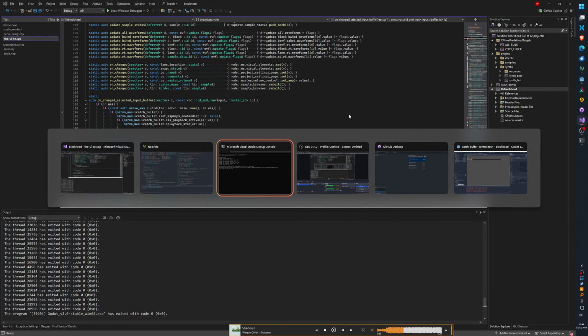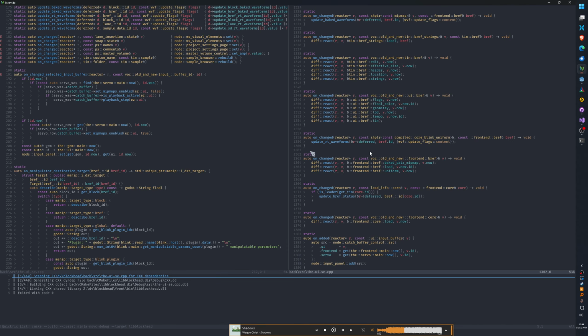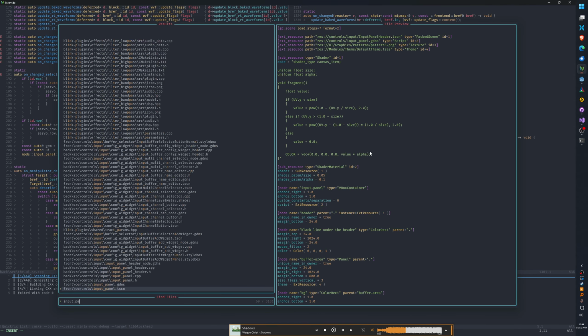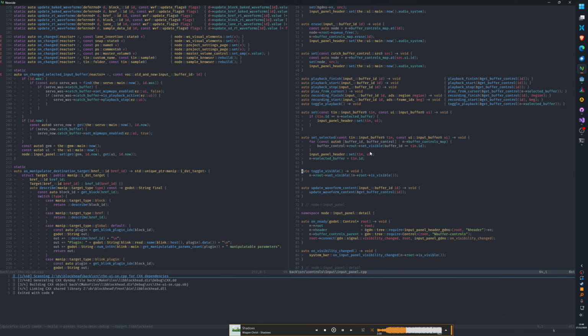Fuck. That's not where I wanted to stop. Input panel. Need to stop. First of all, this should be... This is also wrong, I just realized.